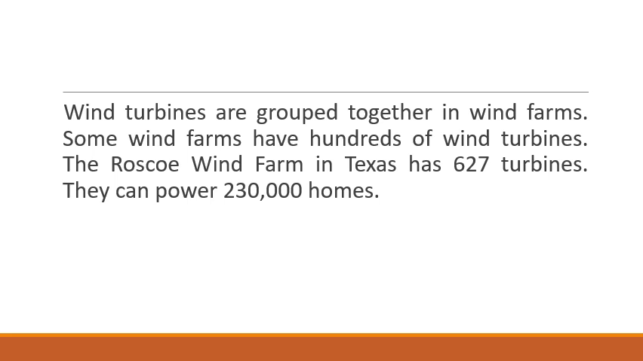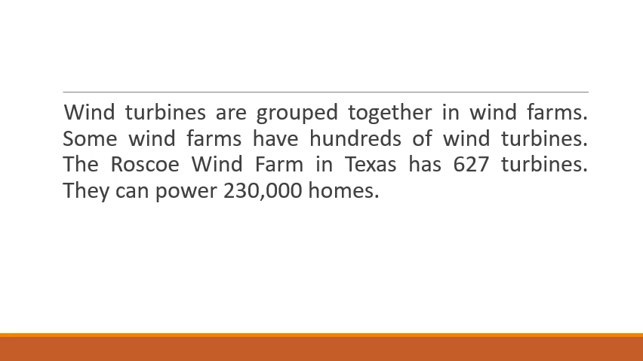Wind turbines are grouped together in wind farms. Some wind farms have hundreds of wind turbines. The Roscoe wind farm in Texas has 627 turbines. They can power 230,000 homes. So in this paragraph we are still talking about wind power, and we're still talking about turbines, and